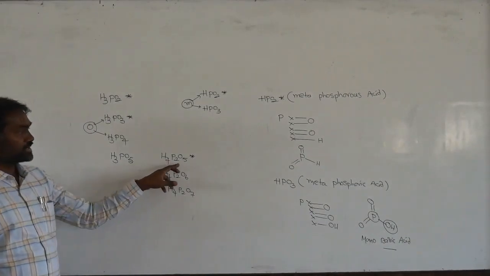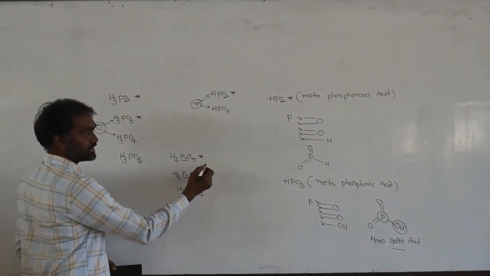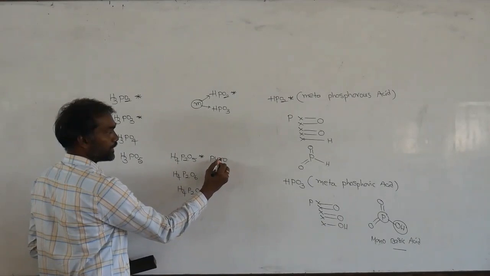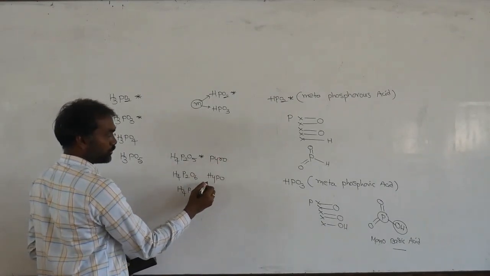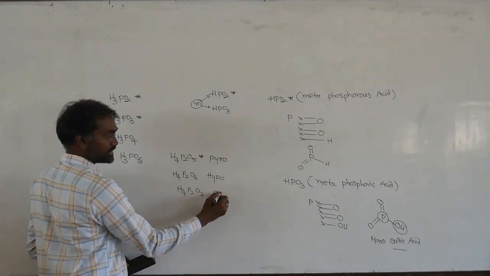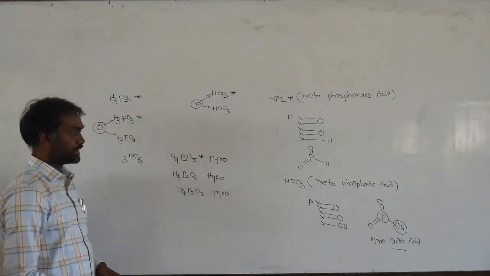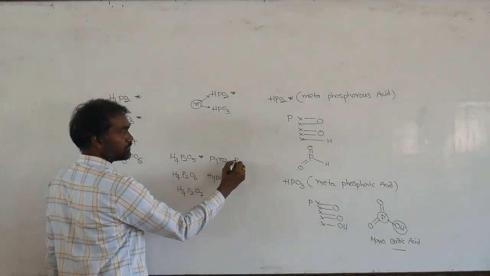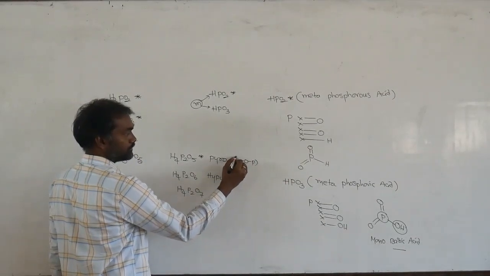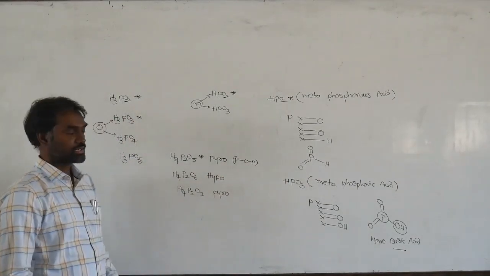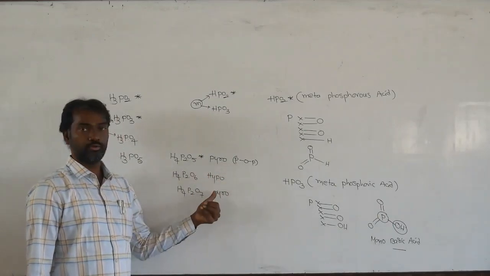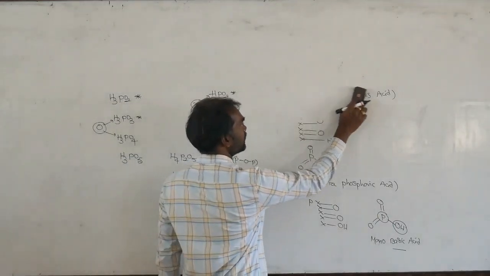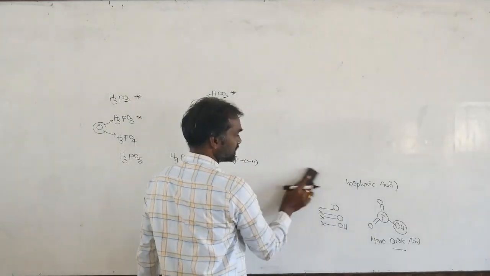Now we are going to discuss these 3 structures. This is pyrophosphorus. This is hypophosphoric. This is pyrophosphoric. So pyro means you must remember the POP bond. So directly in your entrance exam, which of the following has a POP bond? This and this. You can write that. So now we see these 3 structures.